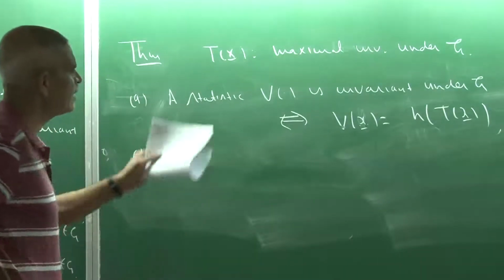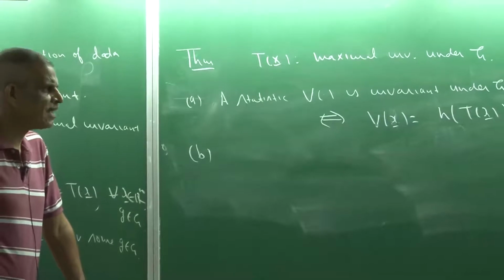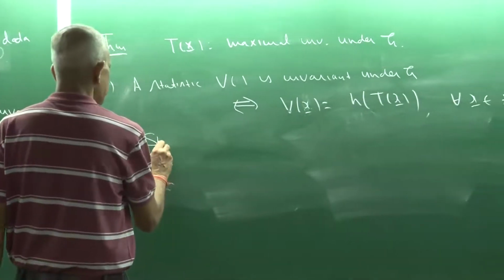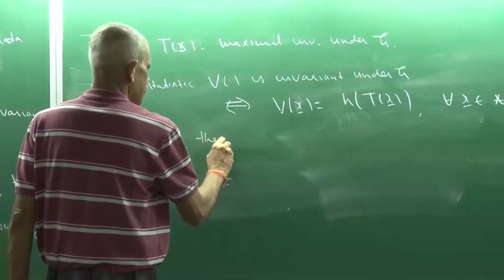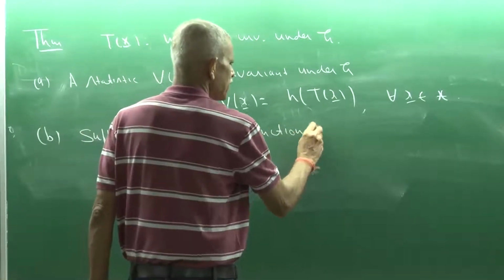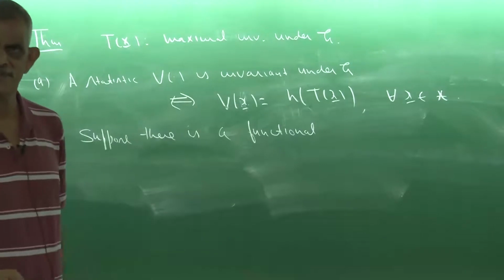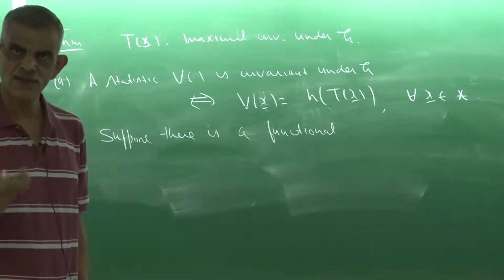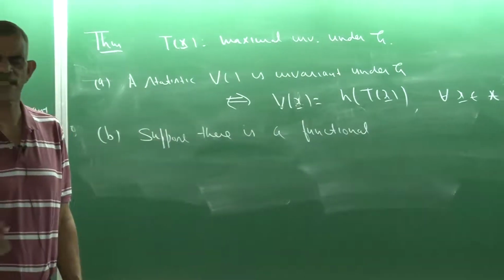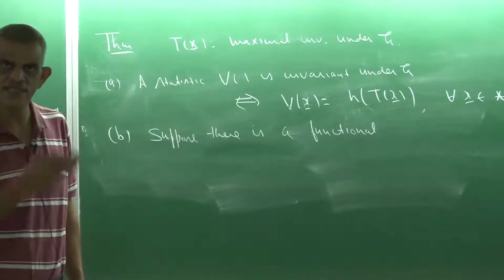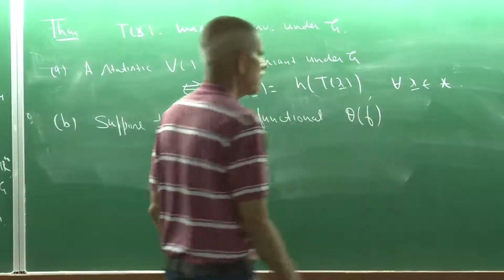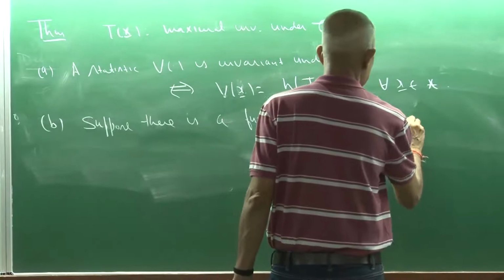Okay, now the second part says the distribution of a maximal invariant statistic would depend only on the maximal invariant functional, provided such a functional exists. So suppose there is a functional. What does functional mean? Functional means its domain is a set of functions, because here I am talking about theta of f. So what is the domain here? A function. Such functions are called functionals. So functionals are nothing but functions whose domain is a class of functions. So suppose there is a functional theta of f on P satisfying